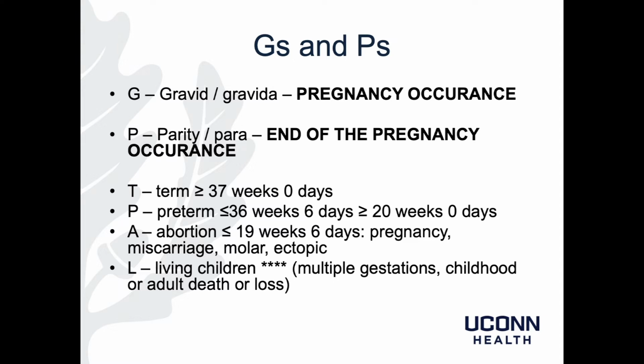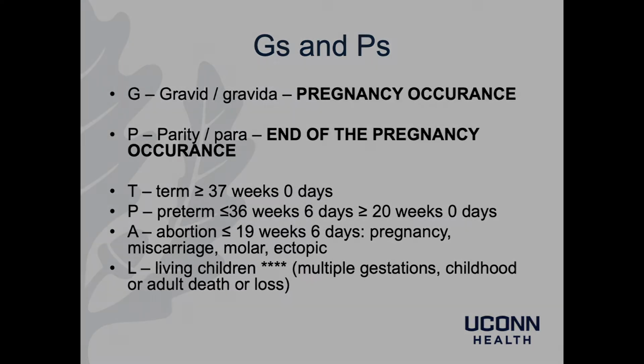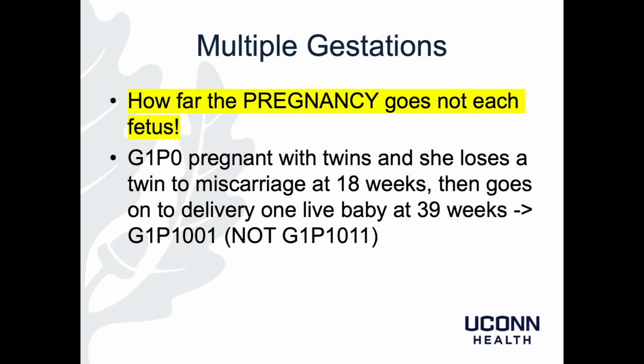But before we do that, I want to just go over multiple gestations. What's really important to understand, again, is that it's a pregnancy occurrence. And so the end of the pregnancy occurrence, your parity, does not have to do with each fetus. It has to do with how far that single pregnancy goes. So, for example, if you have a G1P0, a woman who's pregnant for the first time with a twin pregnancy, and she loses one of those twins to miscarriage at 18 weeks, but she then goes on to deliver that one live baby at 39 weeks, she would eventually, once she's delivered, be a